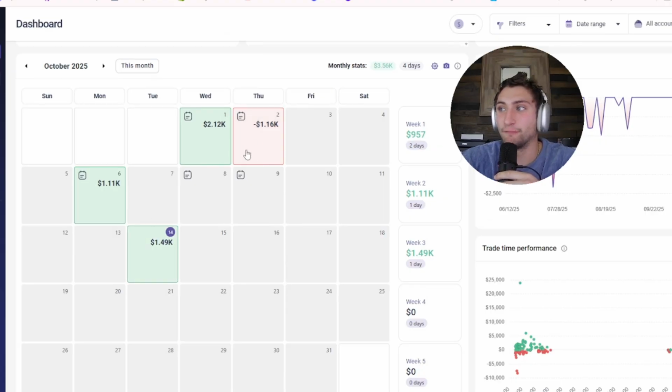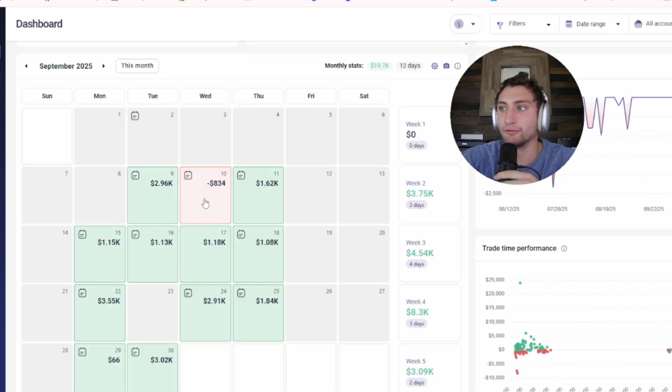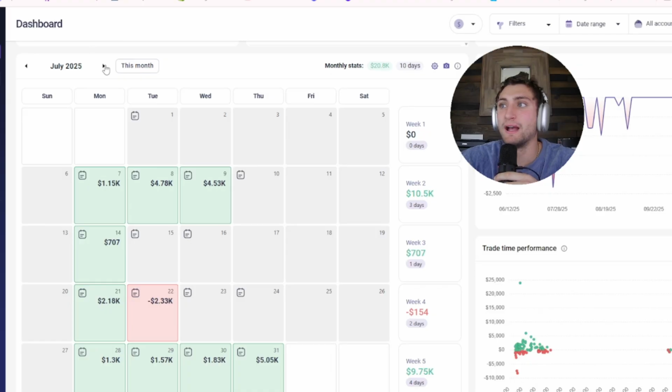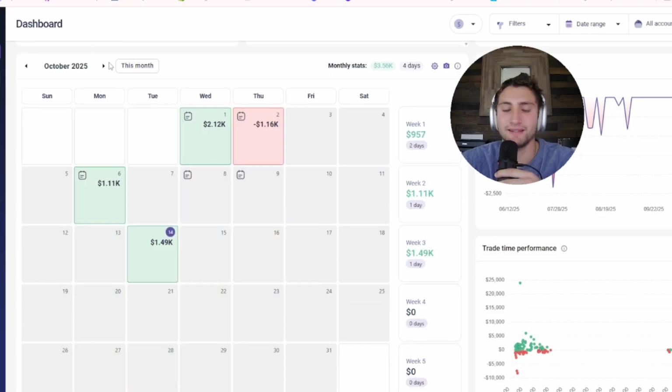Okay, now look, I have red days. Here's a red day here. Here's a red day here. Here's 3 red days here. Here's another red day here. Guys, again, I can only stress that this indicator is not going to just magically make you have a 100% win rate. But what it will do is make sure that you are taking better trades,